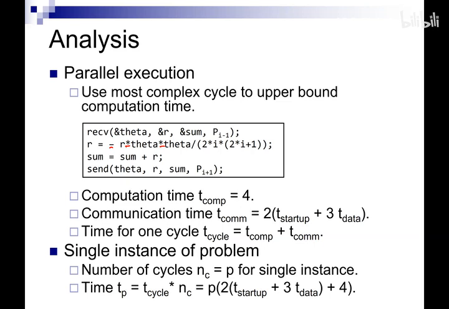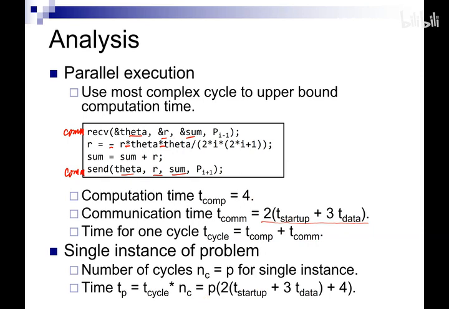And then you have the communication time. So the communication is being done over here, right? So this is communication, and then this is also communication, right? And the communication is, each time we're sending like 3 pieces of data, and then you do that twice, okay? So this is the communication time, okay? And the time for one cycle is the sum of these two things, right? And then the total number of cycles is going to be, so